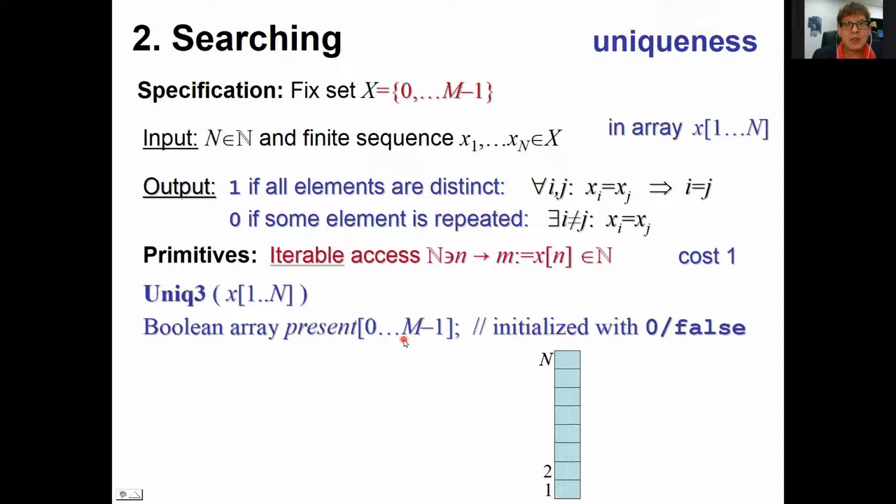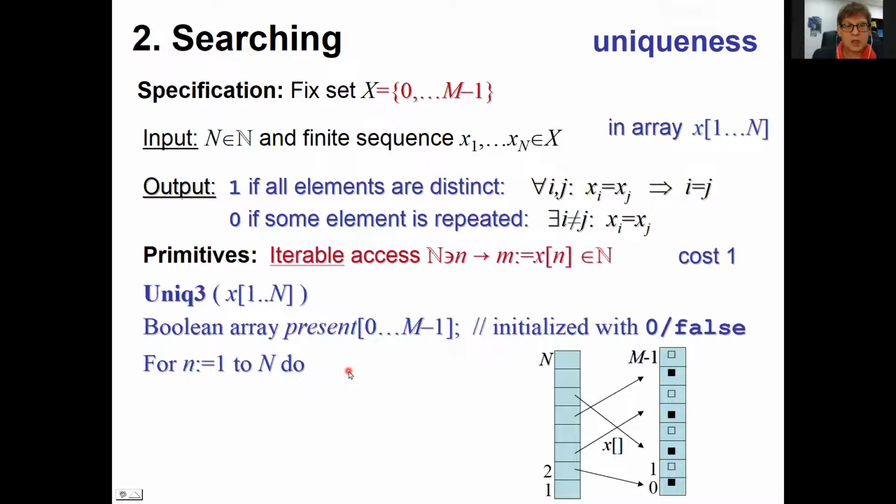Observe that every index here corresponds to a possible element from the set X, and we use this iterable access, and initially the array says that no element has been found at any of these positions. And then this is the second array that the algorithm sets up and initializes, possibly with a separate loop. And these are the flags for which elements the algorithm has so far encountered. And yes, using our iterable access, every element stored in the input array can serve as index into the second